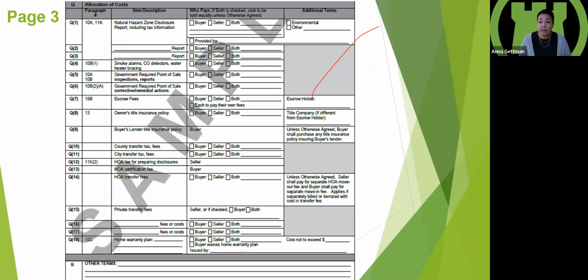I have agents actually that order the NHD themselves when they order the preliminary title report ahead of time, once they have listed, because that's one of the disclosures that they like to upload into MLS to make sure that any offers that come in, that's already there along with the preliminary title report. So it's all just, to each his own. Then I'm going to skip down to escrow fees,